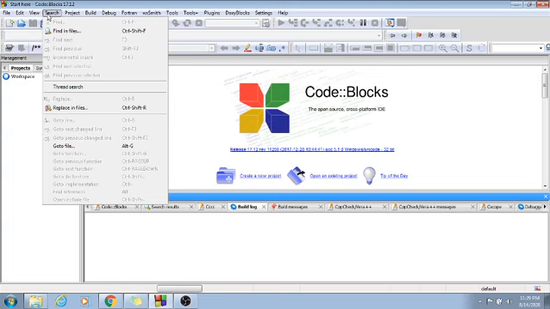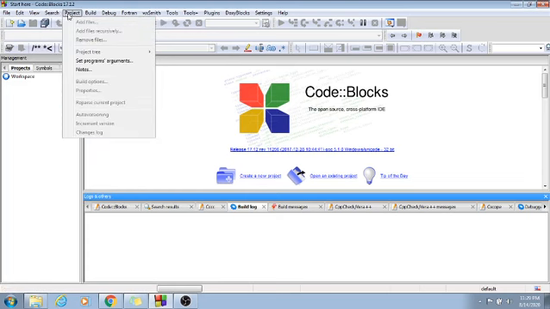We have the search. I'm not going to go deep into this because the text here is pretty much self-explanatory. When you're searching, you can search different stuff in the codeblock perspective, things like that. We have project. This is the stuff you're working on, basically the code you're working on, the software you're working on